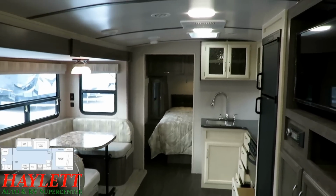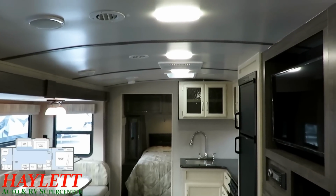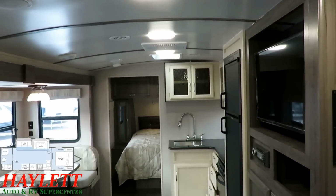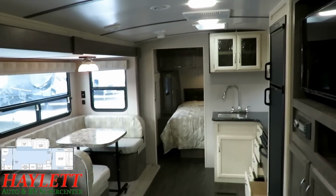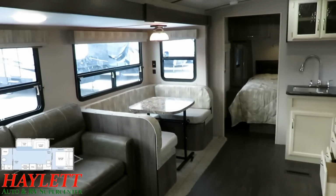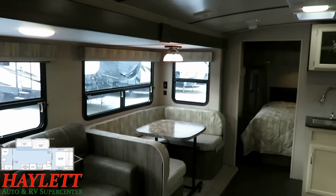So what makes them special? We'll talk more about construction outside. I do want to point out the vaulted ceiling in here. I don't use fisheye camera lenses. I don't need to trick you into visiting us here at Haylett RV. I think if we give you good service and honest information, we'll earn the opportunity to speak with you. All windows are going to open for ventilation, and it's material selections that...